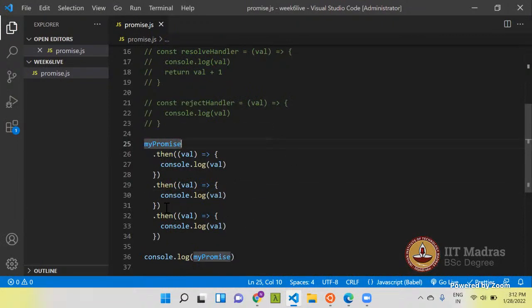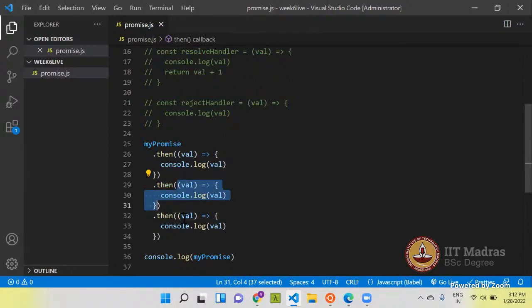And then again, this is also a new promise which will be resolved with whatever this callback function returns.